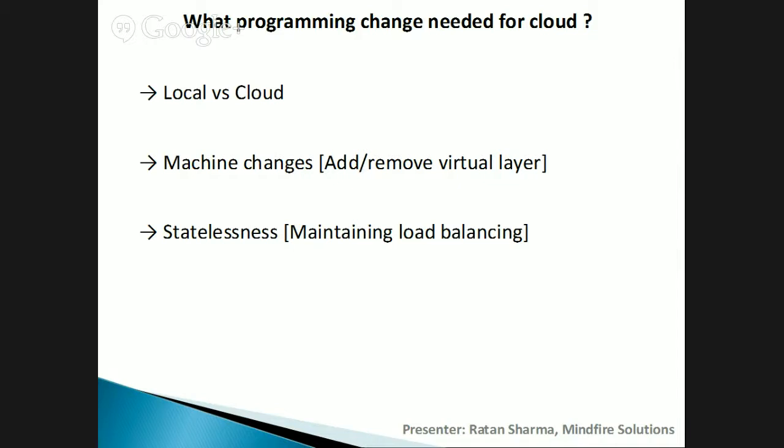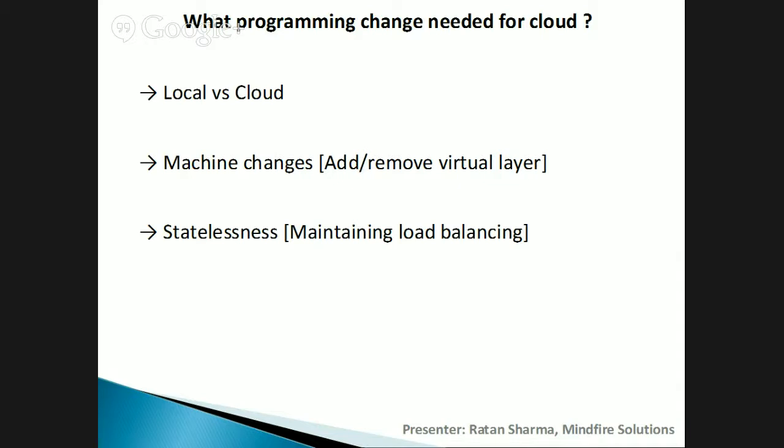The thing is the same in local versus cloud. Locally our application is working fine. The same thing will work fine in the cloud also. The changes will be in the way we communicate with files in the cloud, the way we save to the cloud. Like in S3, there are requests we have to make to save. The folder structure will not be the same everywhere. Like in Windows, you can create a folder, go inside and put files, but in S3 there is a bit of change in that. So those are the changes we need to make in terms of the programming aspect.